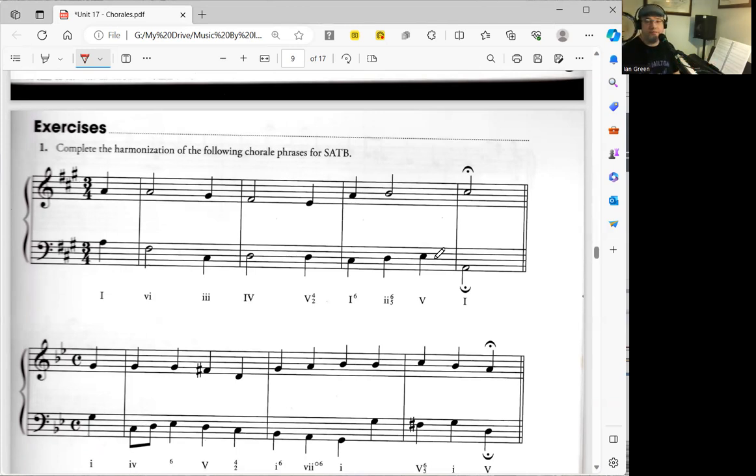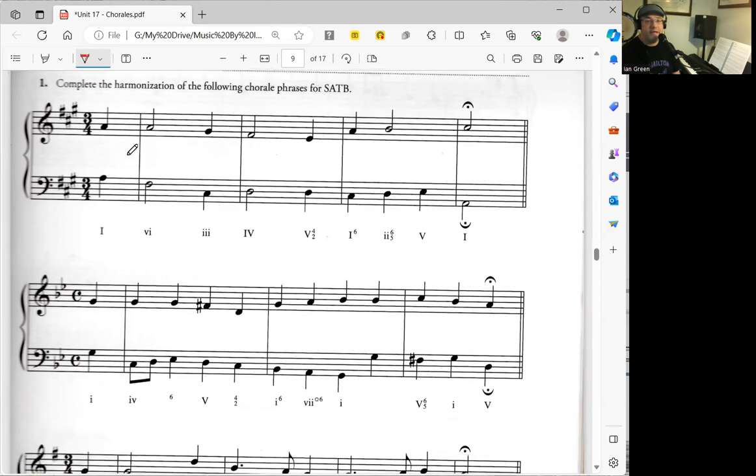Something that you want to do for each example is look at the phrase shape and see the direction of the melody. And as well, if there's a bass given, you want to see what chord changes there are. Now on page 213, these short examples are all provided with chord changes. But if we were to look at